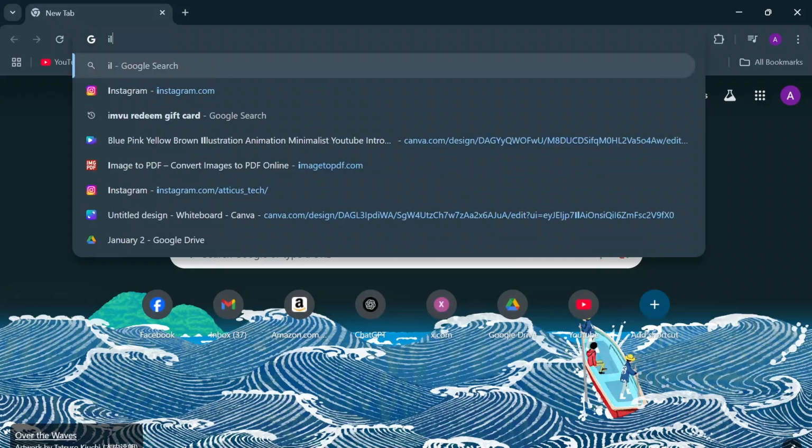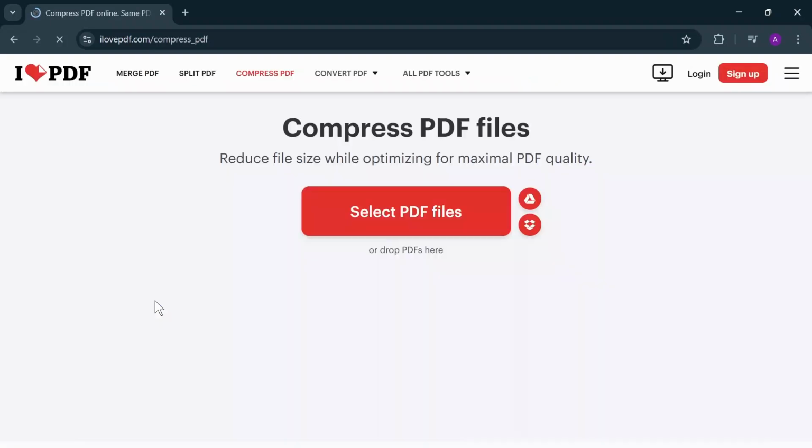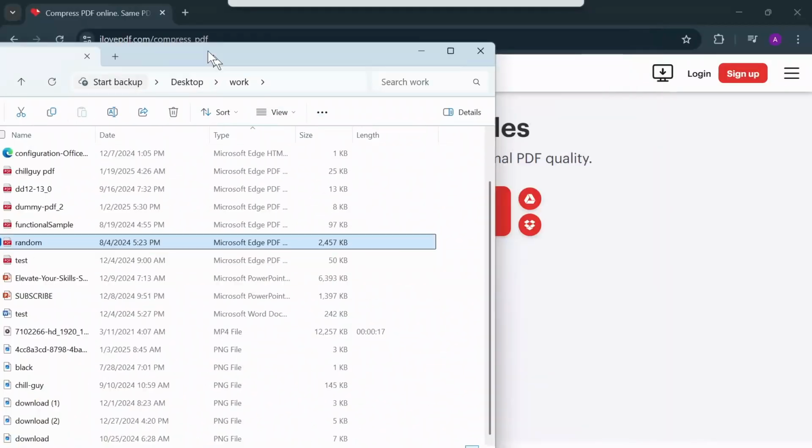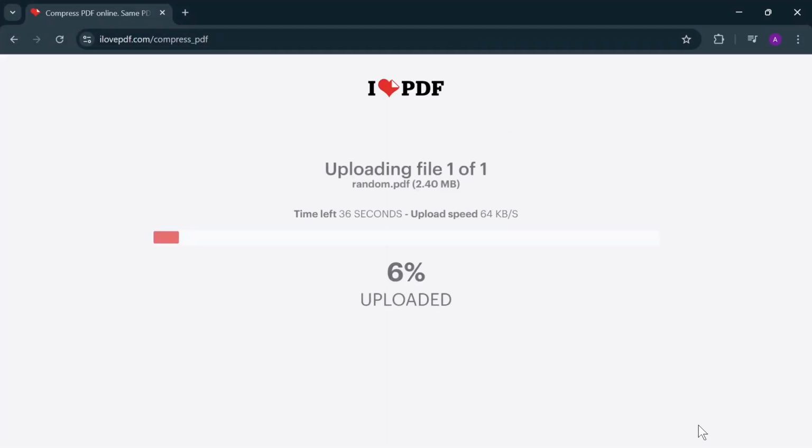then simply search for I love PDF, and there you should see the compressed PDF files. Open that up, and now from here you can select a PDF file. I'll just simply drag and drop this PDF here, and after you do that, simply tap on compress and it